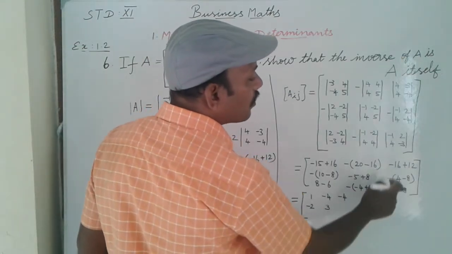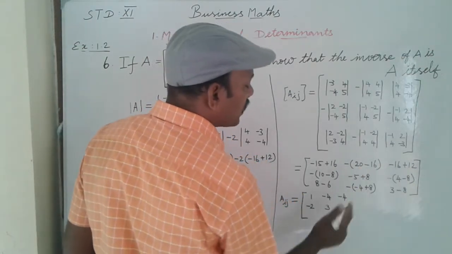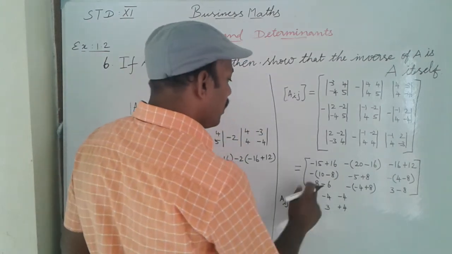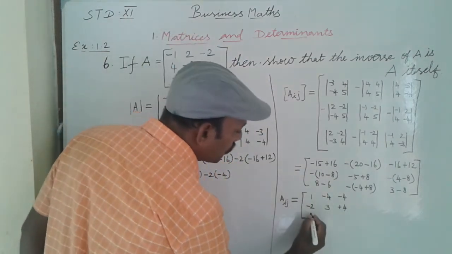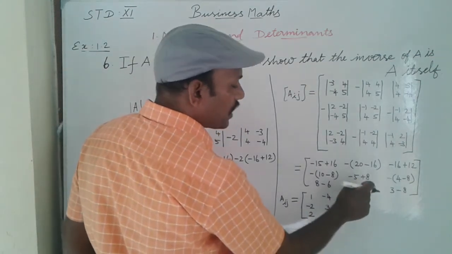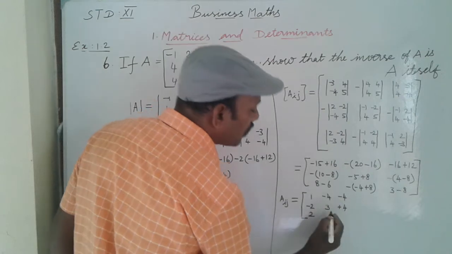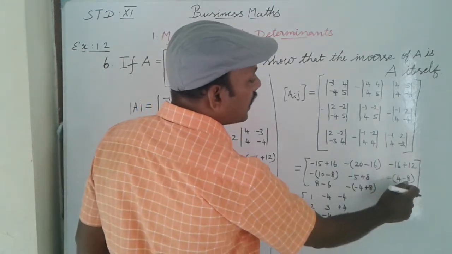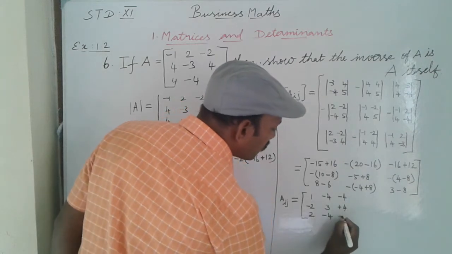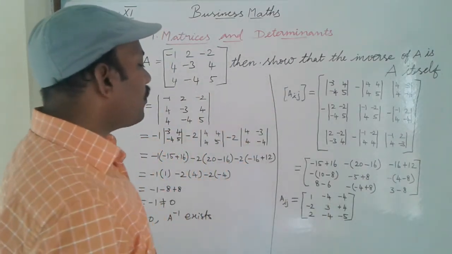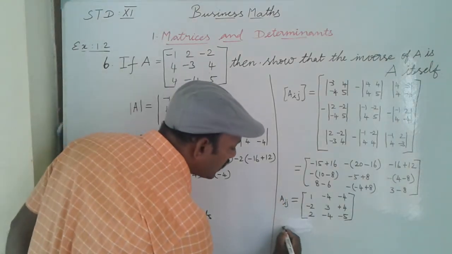4 minus 8 is minus 4. Minus 4 into minus is plus 4. 8 minus 6 is 2. Minus 4 plus 8 is plus 4. Plus 4 into minus is what? Minus 4. 3 minus 8 is minus 5. This is Aij. We know the formula: the adjoint of A is equal to